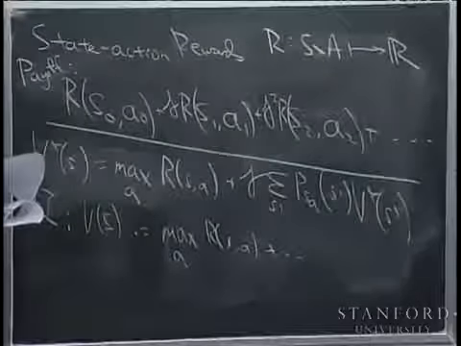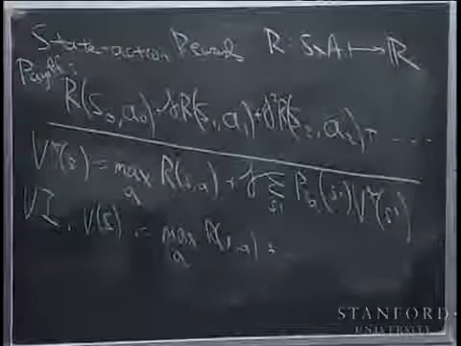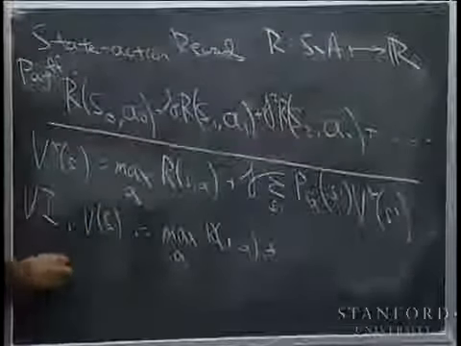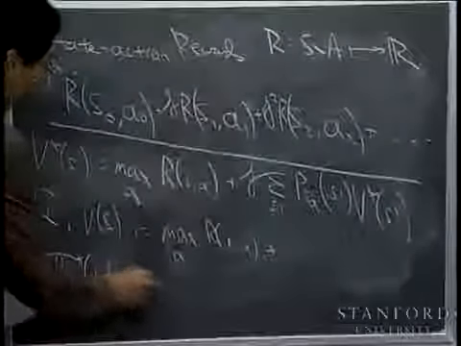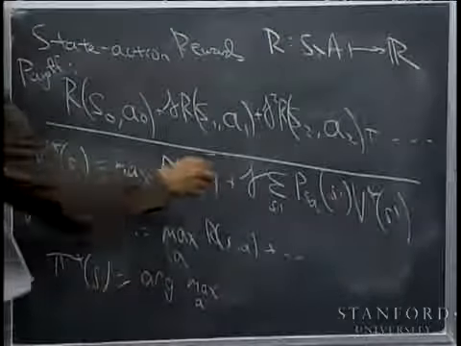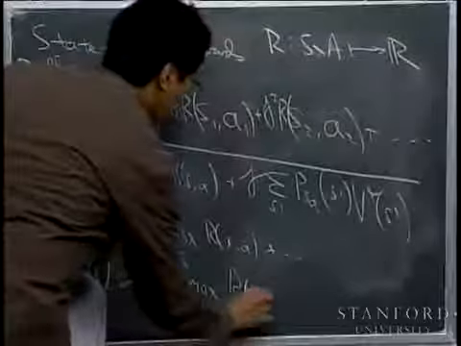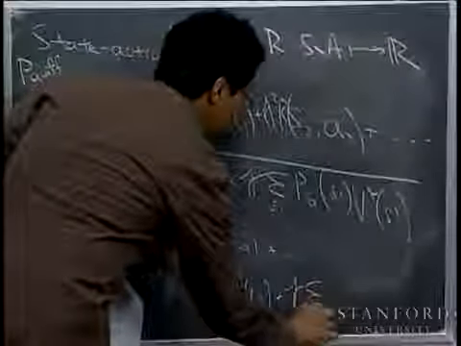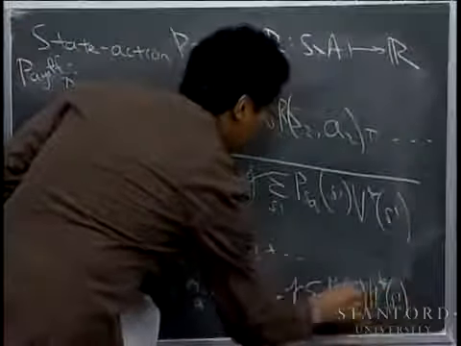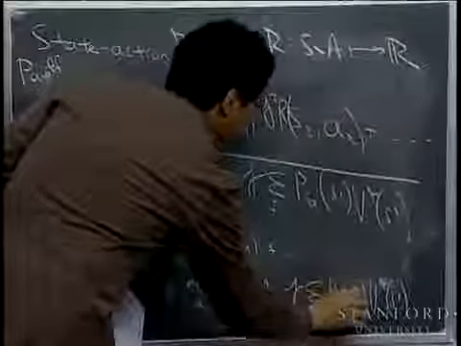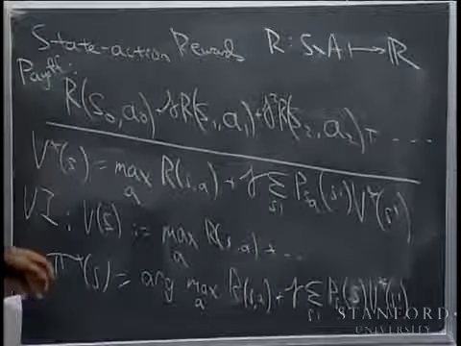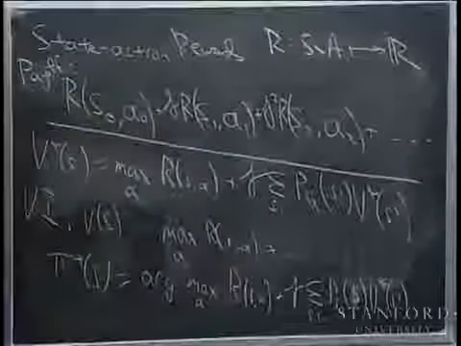And then finally, having found the optimal value function V star using, say, the value iteration algorithm, you can then compute the optimal policy pi star of S the same as before, really. The best action to take in the state S is the action A that maximizes the right-hand side. So having used value iteration to compute the optimal value function, you can then find pi star using that.